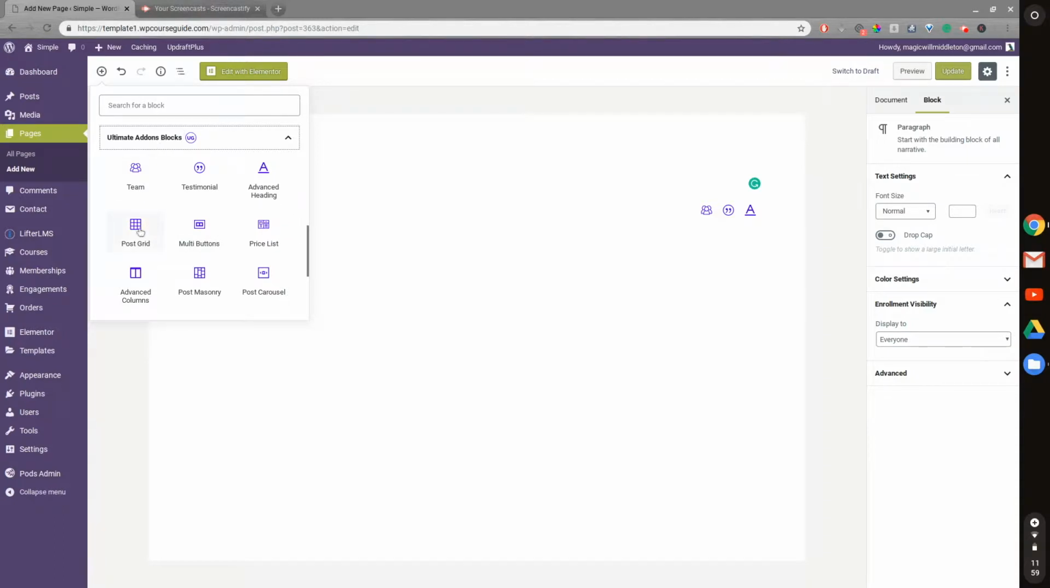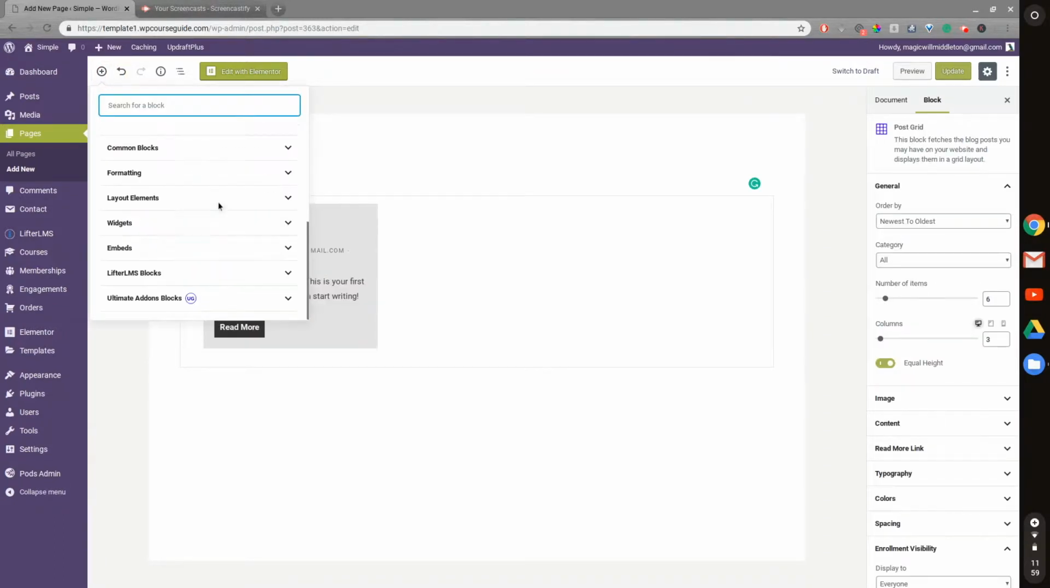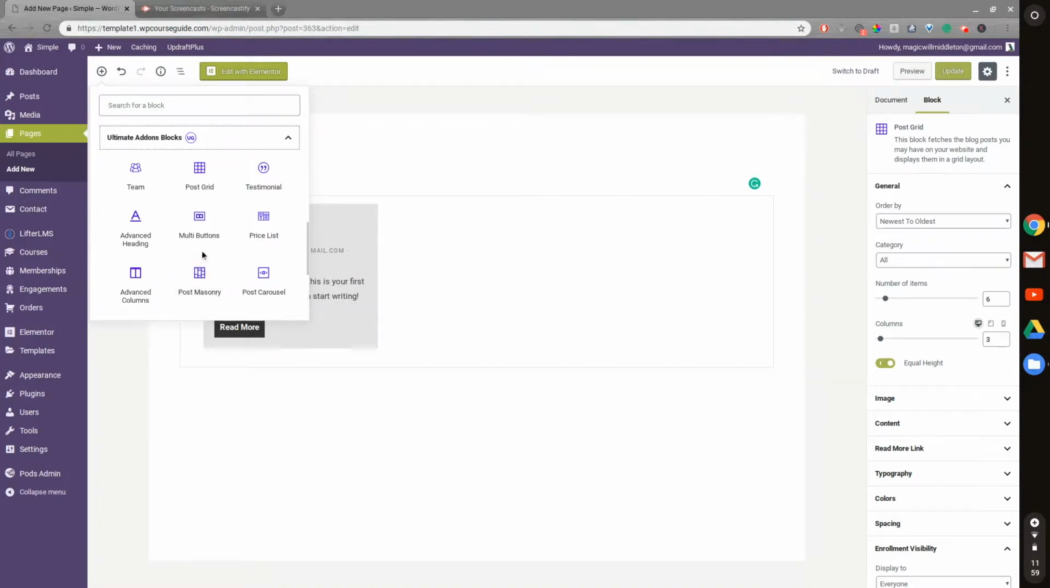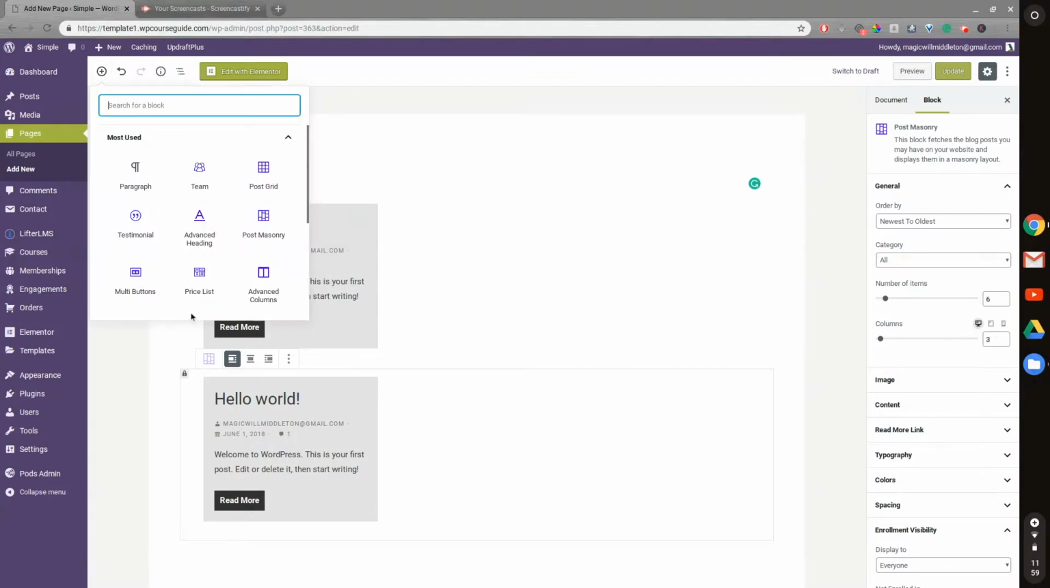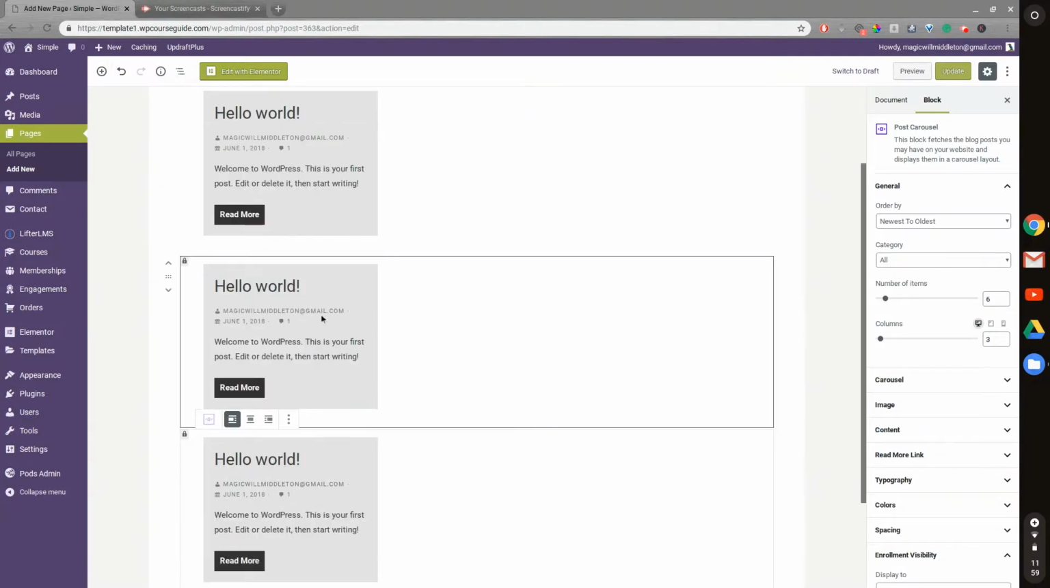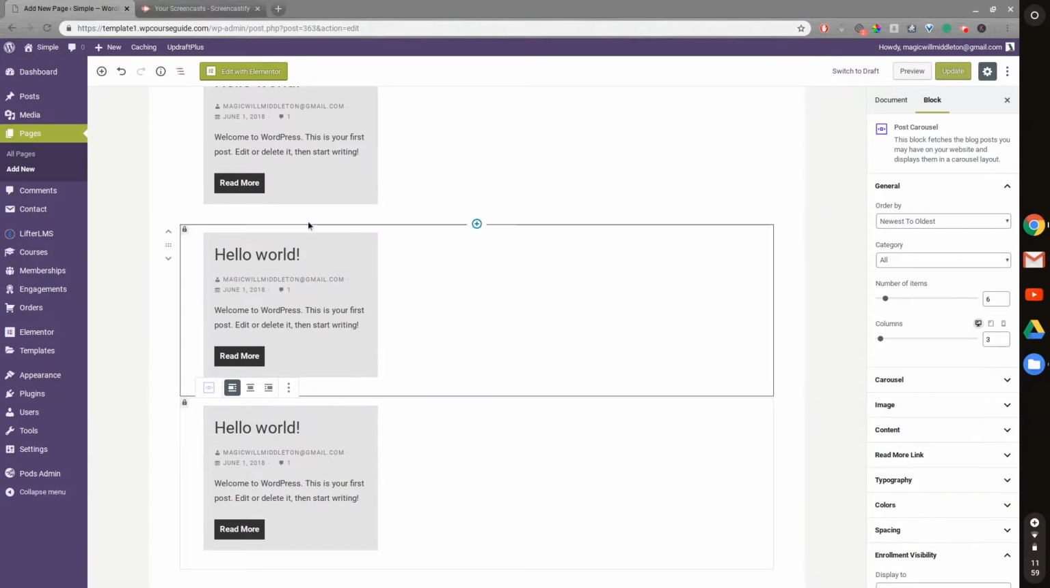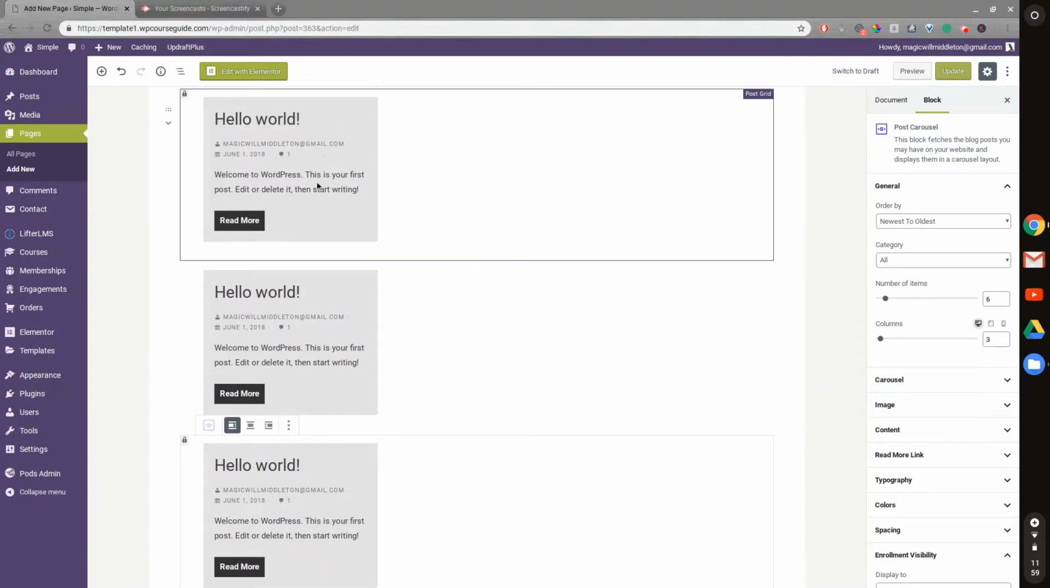So for the blog post, we have a couple options. Number one is the post grid. Number two would be the post masonry, and we also have the post carousel. I'll pull that in right there. All right, cool. So I only have one blog post on the site, so as you can see, they're all